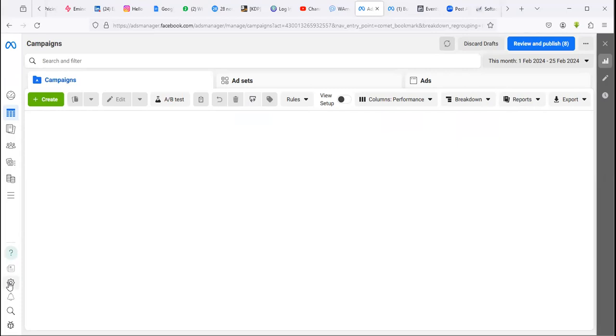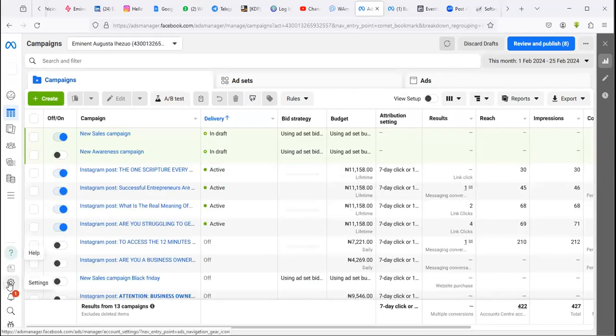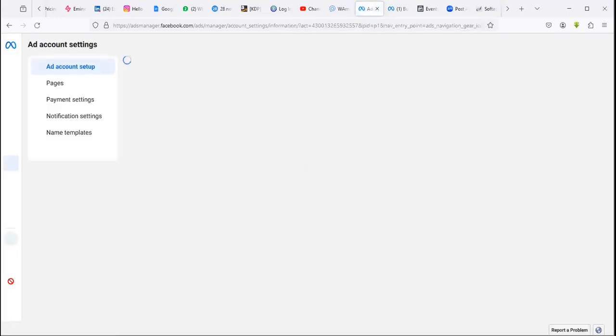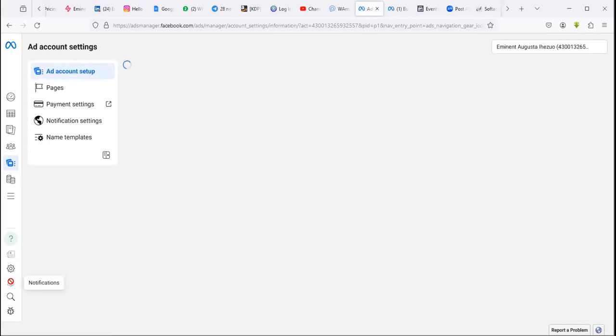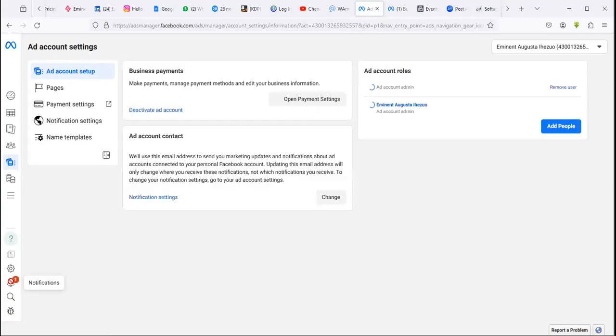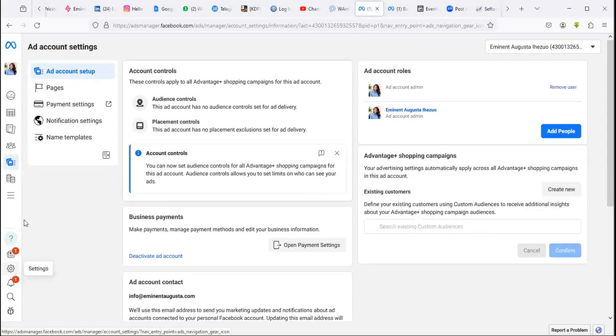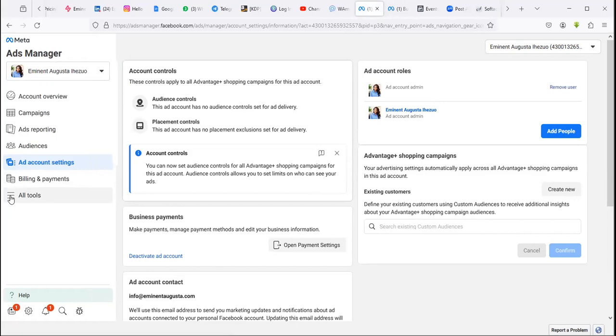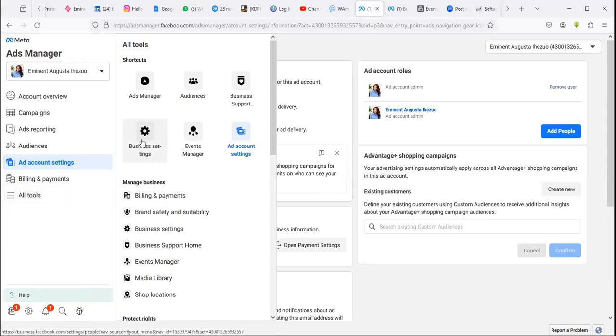And from your Ads Manager, you see Settings. So when you click on Settings, it takes you to your business page, and this is your Meta Business page. You click on Settings. All right, so once you click on Settings, it brings you here. The next thing you need to do is to click on All Tools and go to your